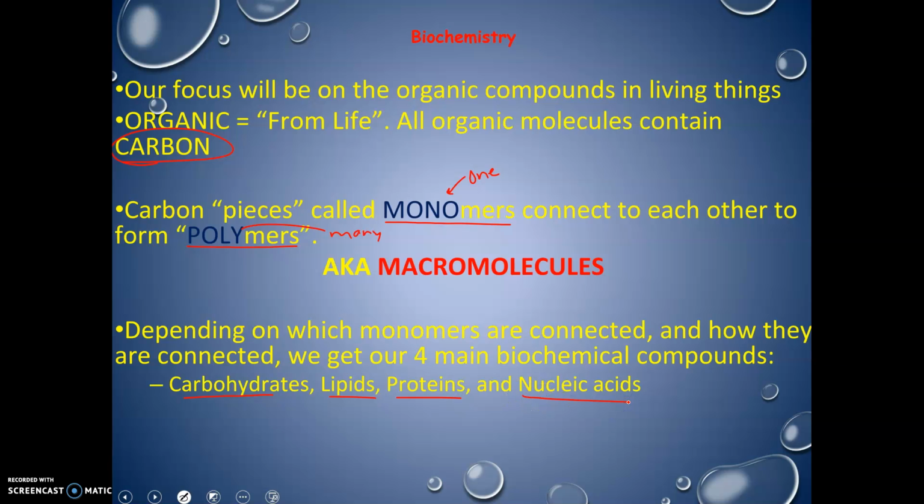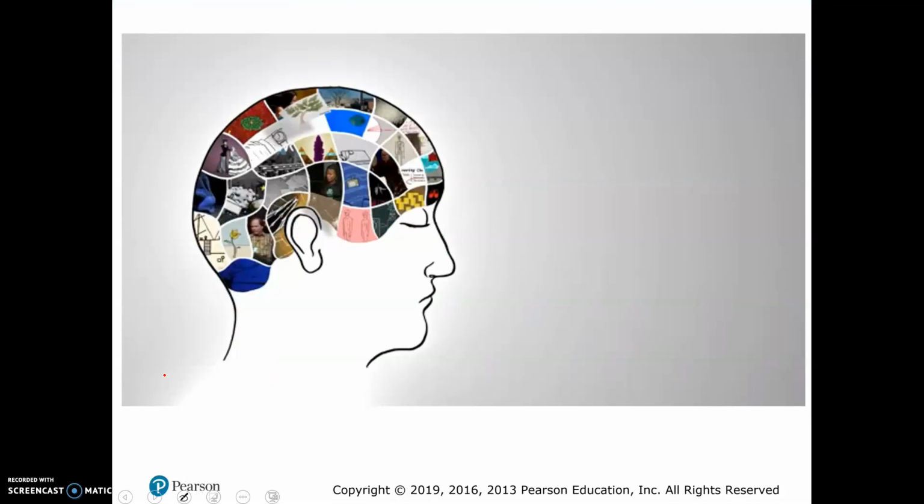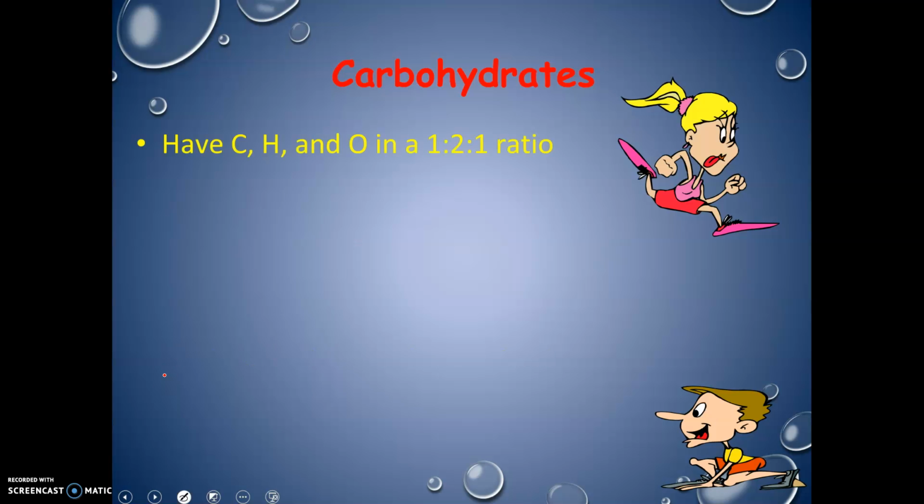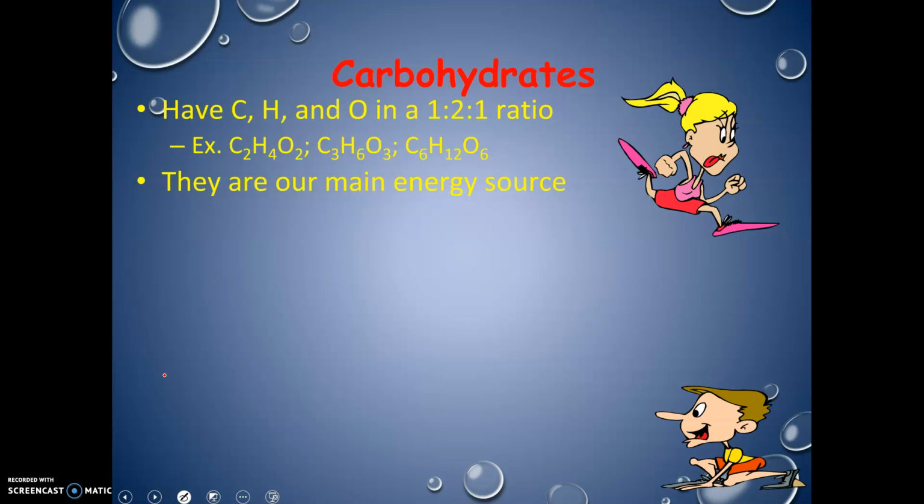So today, we're specifically going to talk about carbohydrates. So carbohydrates, one thing that is very specific that would help you to identify, say on a test, a carbohydrate, is that they only contain three elements: carbon, hydrogen, and oxygen, and they're in a very specific ratio, 1 to 2 to 1. Another way this could be written would be CH2O in parentheses, N. So sort of like in math, if N, say, was 3, then I would multiply 3 times each of these, and I would get